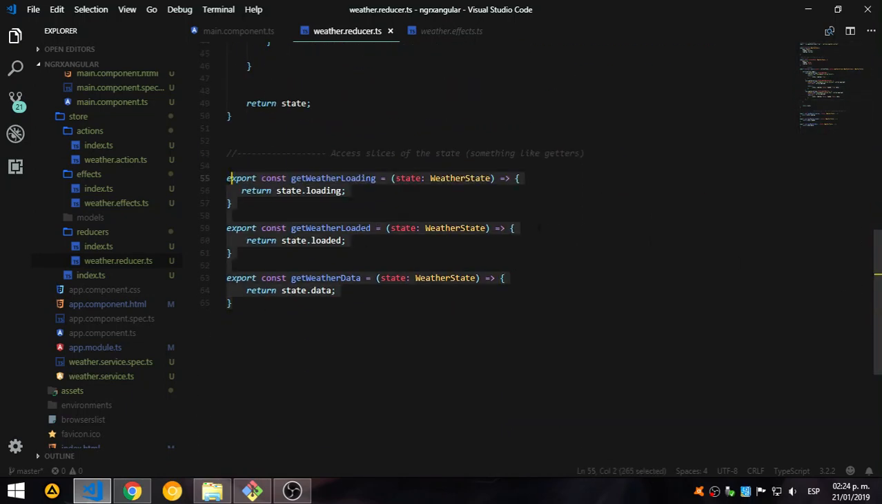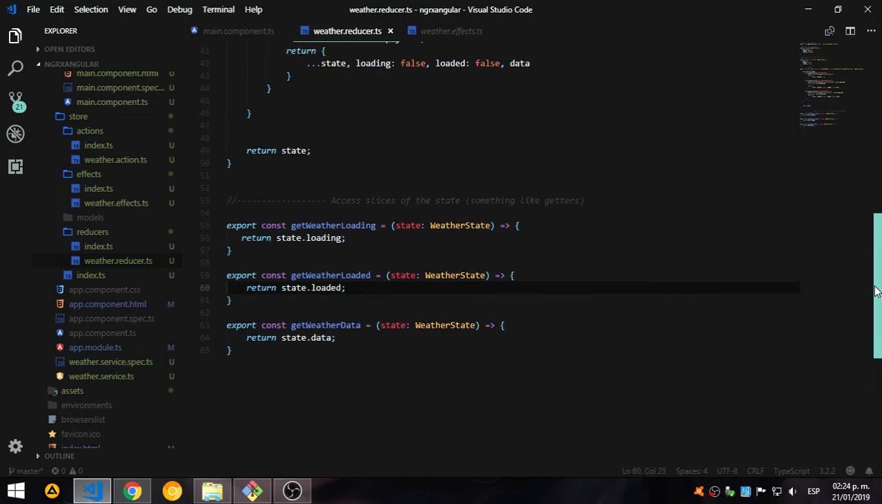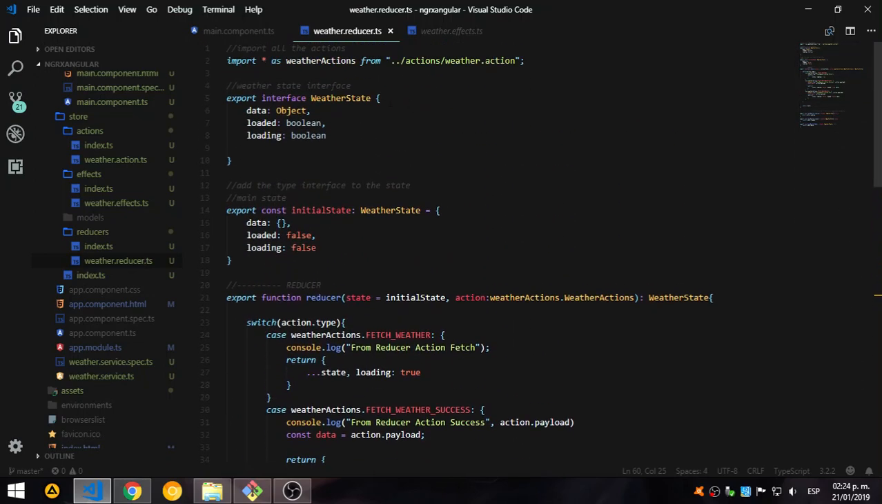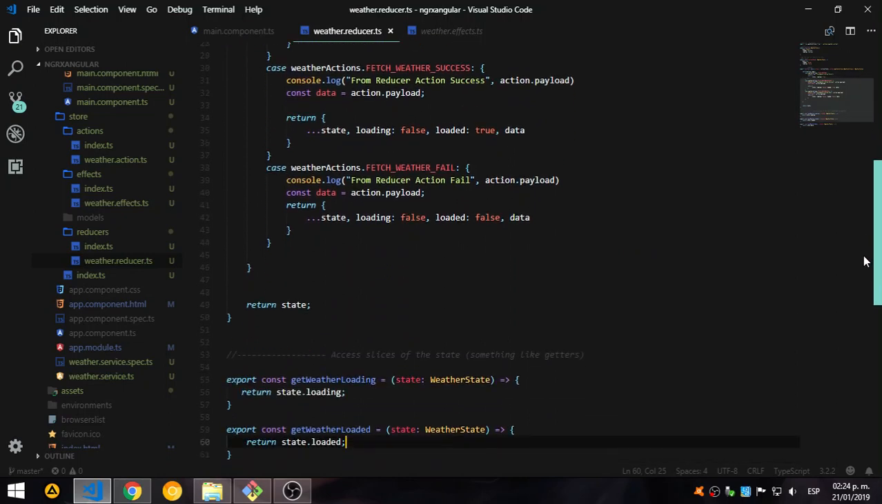And here we can access parts of the state. So we don't have to access all the state and get the property inside our component. That my component is here. So that's the reducers,